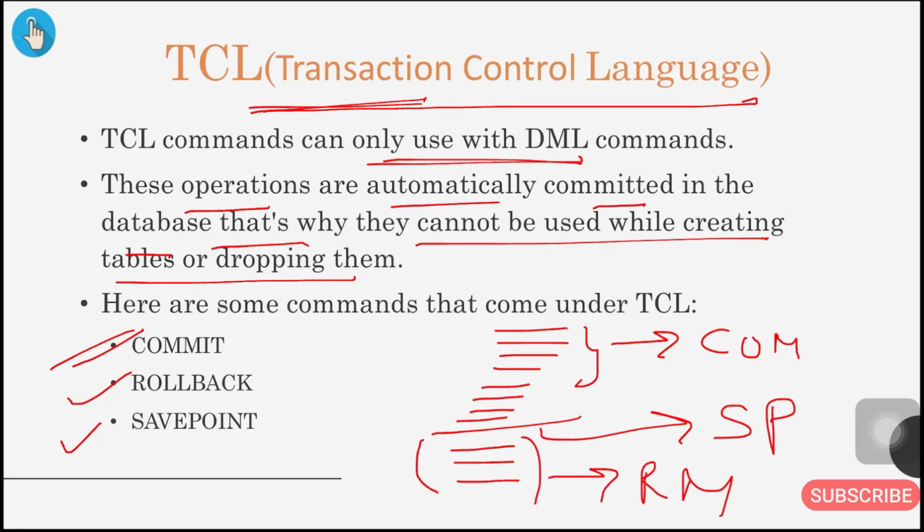If you roll back, then this data will be deleted, but when it comes to a savepoint, the data which was inserted before the savepoint will remain as it is. So we can say that the savepoint is the cut-off range of rollback, where before the savepoint you cannot delete anything.